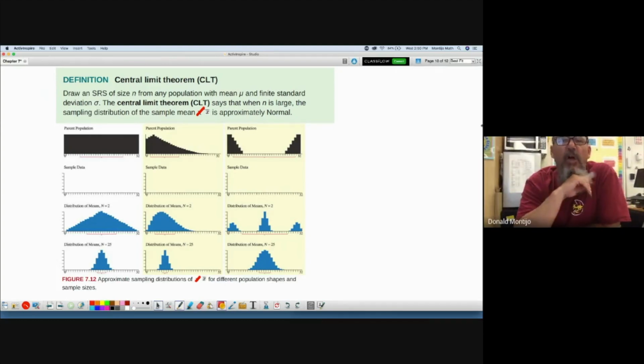And we said as long as n times p and n times 1 minus p were both greater than or equal to 10, then the data would be approximately normal. Well, obviously that won't work for sample means, because in a sample mean there is no p hat. It's not categorical, it's quantitative. So how can we determine if the data is normal for a